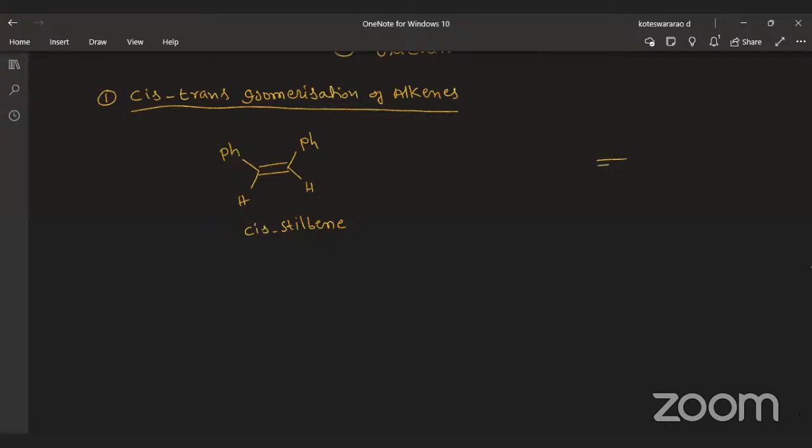It has a geometrical isomer. What is that? Consider the trans arrangement of the product, like this. This is trans-stilbene. Now, if you take cis-stilbene or trans-stilbene and irradiate it with light,